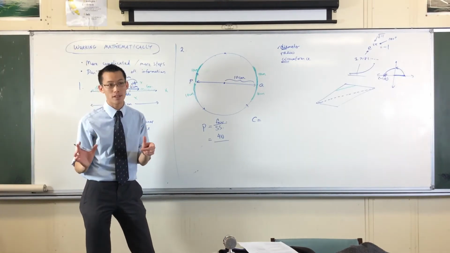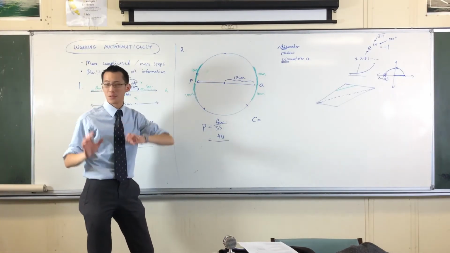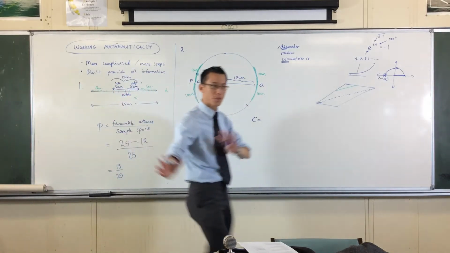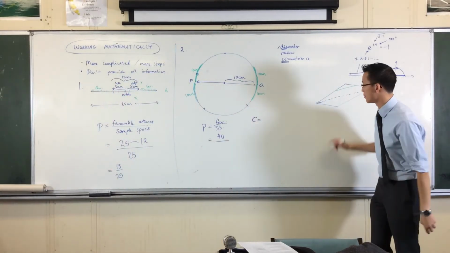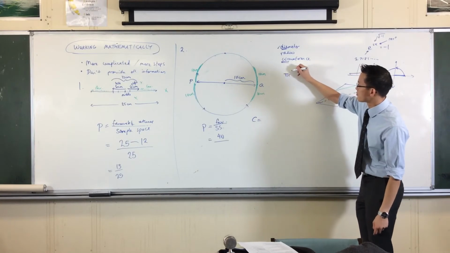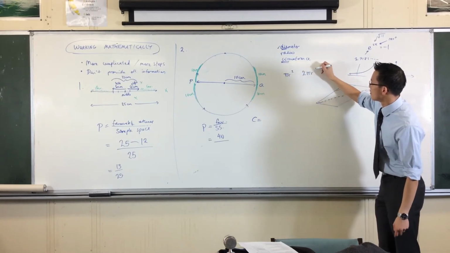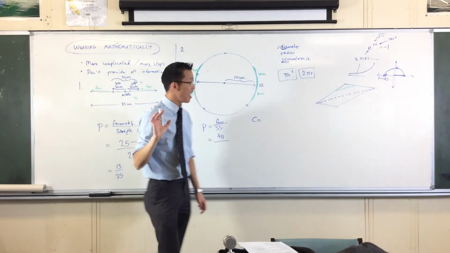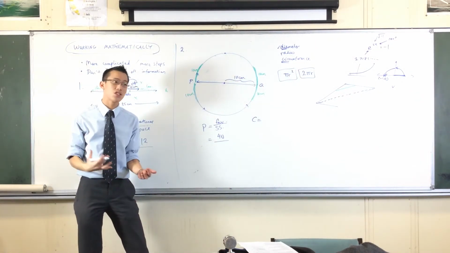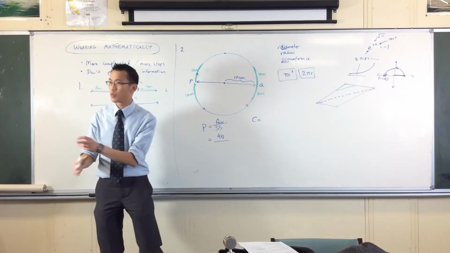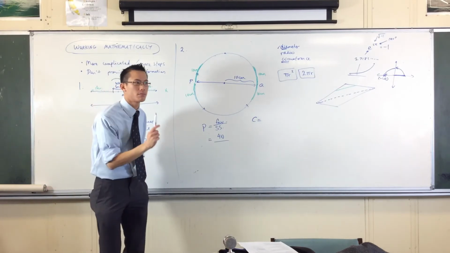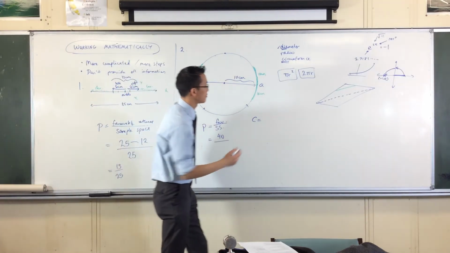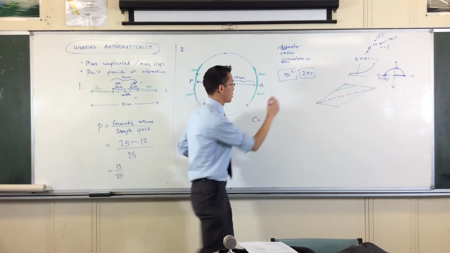Now, there are two formulas that tell us about circumference and area, and they look very similar. Let me show you. They are very, very close to each other. The question is, one's area, one's circumference, which one is which? And how can you tell? Which one's area? This one. This one? Because